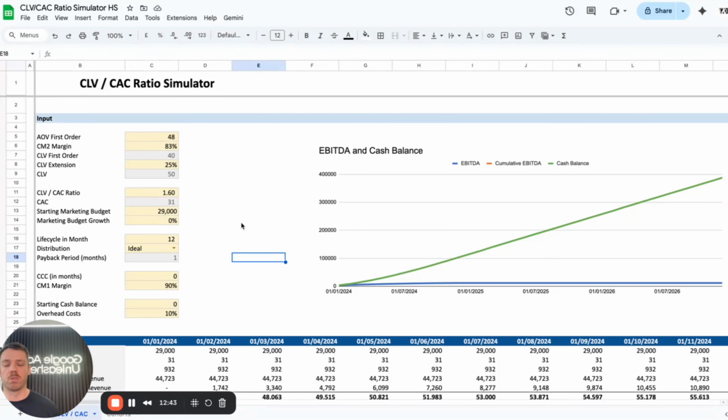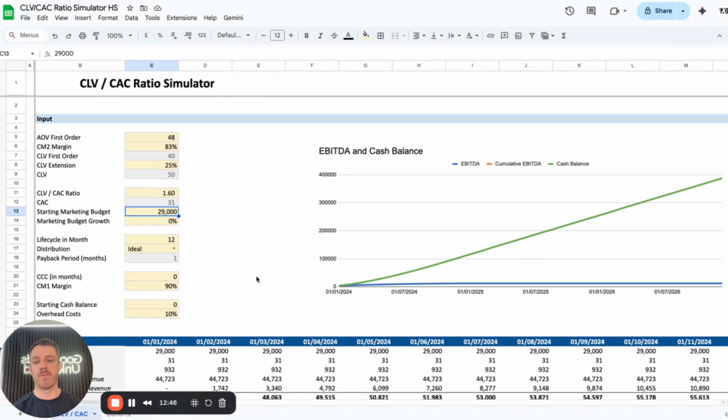You can then put in certain things, such as, for instance, the marketing budget that we have per month, how much more you want to spend per month, and how long the life cycle of your average customer lifetime value is. Typically, we go with a year or half a year or 18 months. There's no real rule here. And then we will also be able to calculate roughly what our overhead costs are and what the starting balance is in the business. What then happens is you can calculate over time what customer lifetime value to CAC ratio I should have in order to drive profitable business growth.